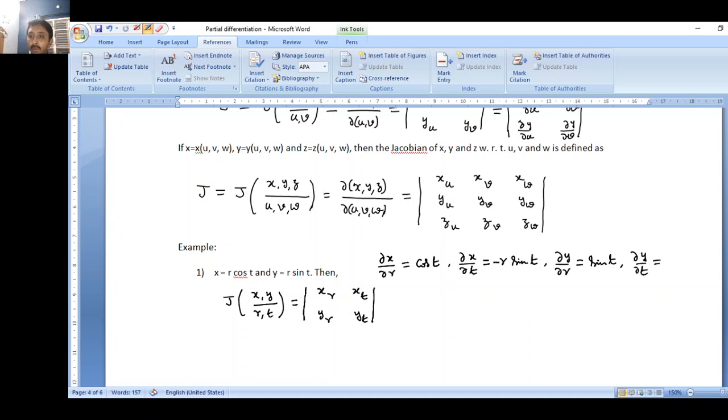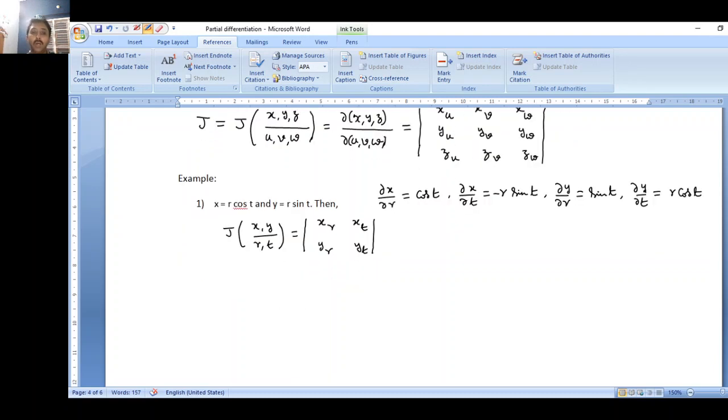And when you go for dou y by dou t, now you keep r as it is, and the differentiation of sin t with respect to t would be cos t, so this will be r cos t, right? So accordingly, now the Jacobian of x and y with respect to r and t would be,